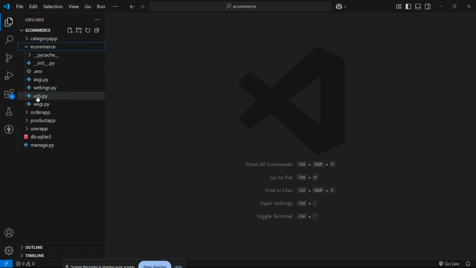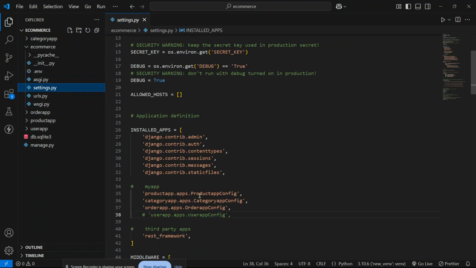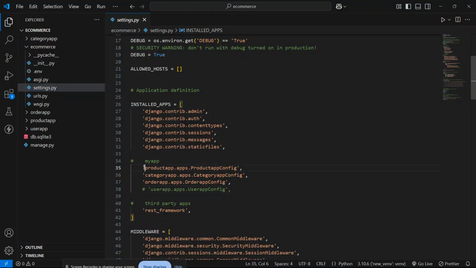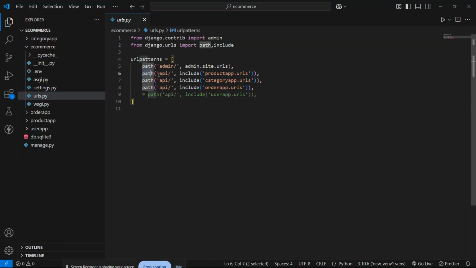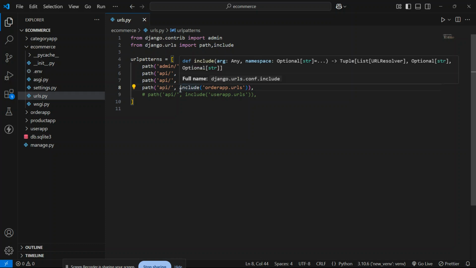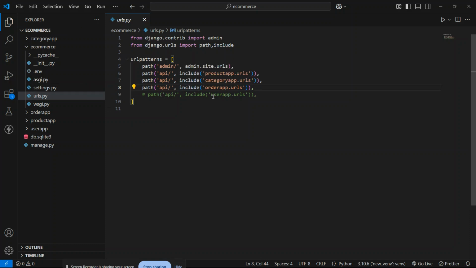Inside my project, inside settings.py, as you see, I have configured my apps here inside installed apps, and inside urls.py I have declared the path of each app. I include all the URLs here to use the specific app URLs, by the names of the apps, like category app.urls and order app.urls.